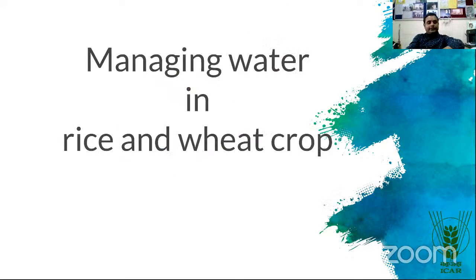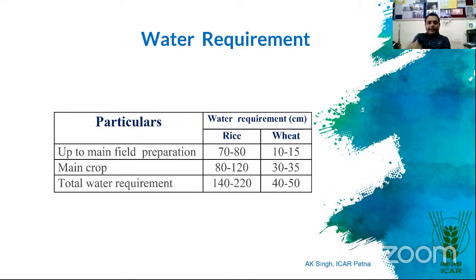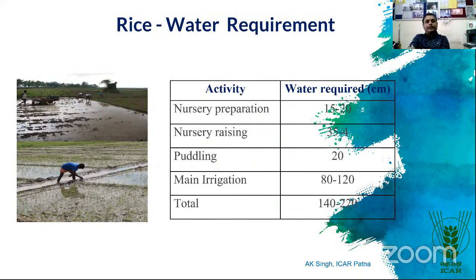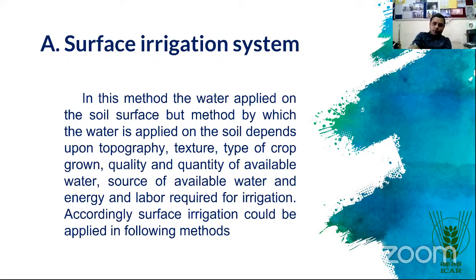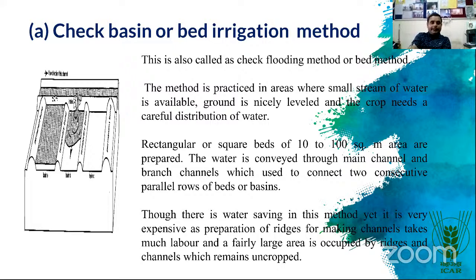Since time is constrained, I would like to skip all these slides, because rice and wheat are the major component crops. Right now, rice production is 116 million tons, and wheat is 106 million tons. These are staple foods. So I thought I would discuss the scheduling of irrigation of rice and wheat cropping, but time is not permitting. So I'm just skipping these things; no need to discuss all of this.